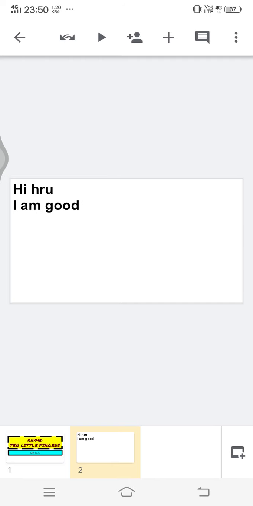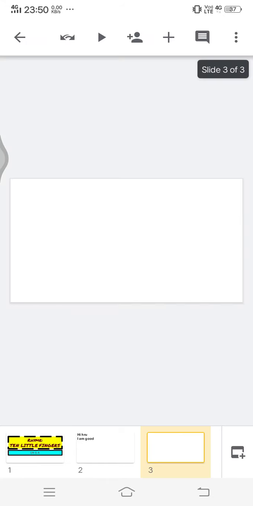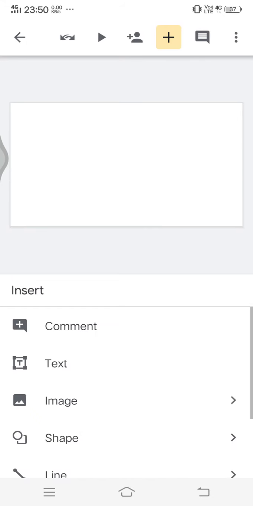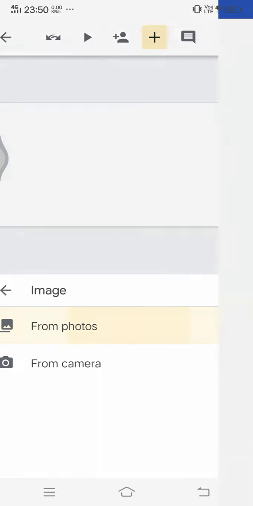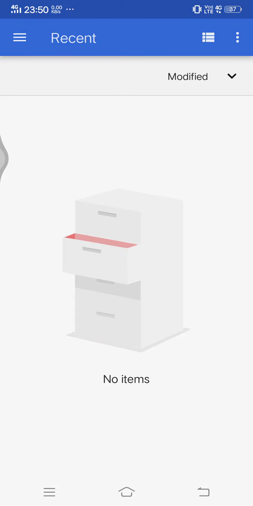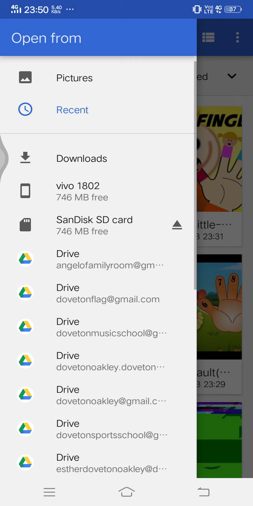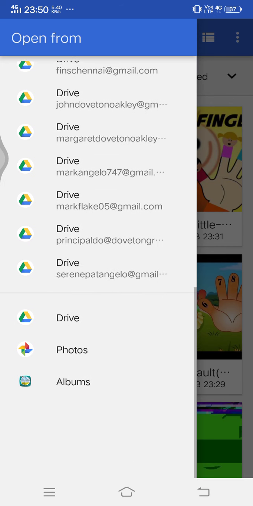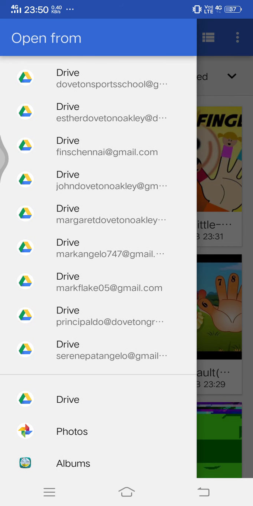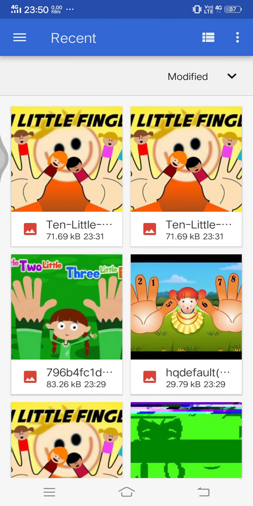Now let's go and add a new slide. We'll press this box with the plus, go right down, select the blank slide, press the plus symbol again. This time we're going to look at how to insert images. Now remember, we downloaded the images and already have kept them. So we're going to go to image, from photos, and often it should be under recent. Sometimes in your phones it may be under downloads, or if you're not able to find it even under downloads, go straight to albums or galleries, and there you will definitely find what you've downloaded.